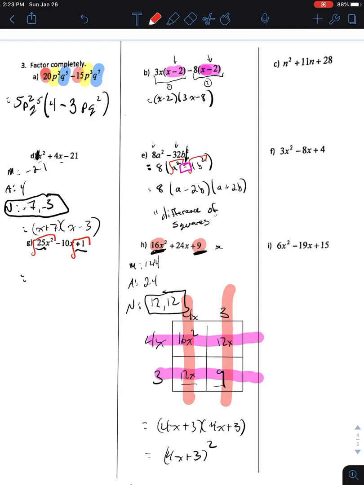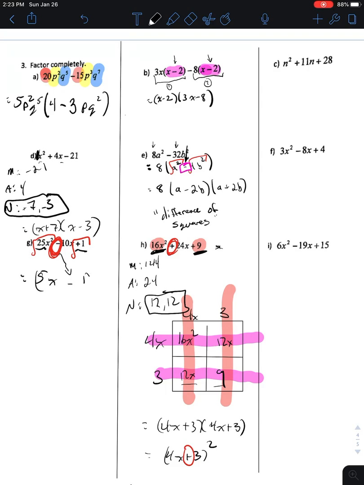Square root the first. This is how this works, okay? Square root the first one, square root the last, and take the sign from B, which is the piece I forgot to mention earlier. Whatever the sign is on B, you're going to put in between the two square root answers, right? I forgot to mention that over here, 4x plus 3. The plus came from the plus 24, right? So your answer,